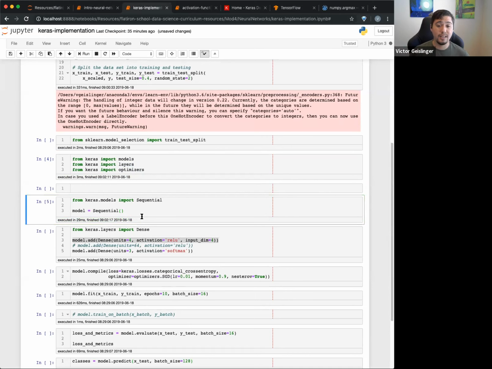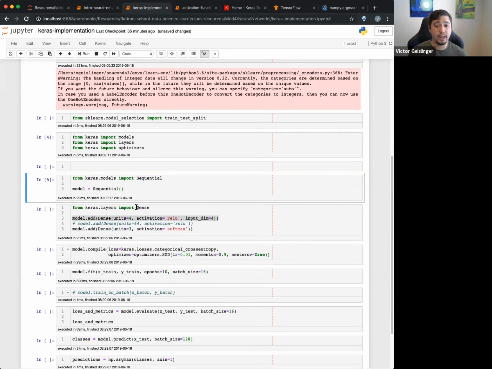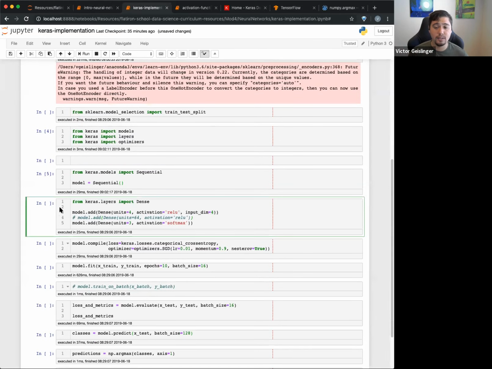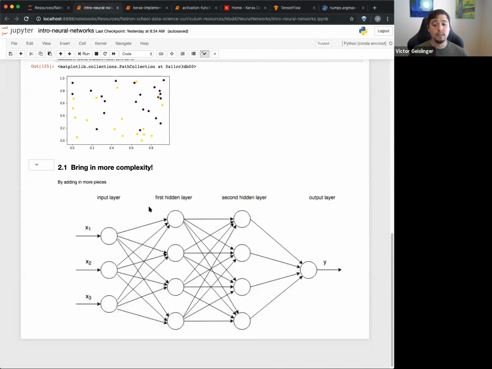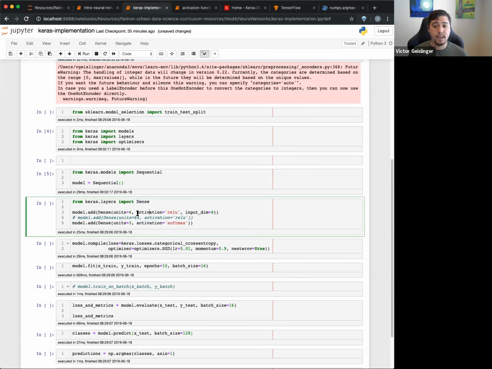Okay, so you can see so far there's not too much code that I had to deal with. Here I'm importing layers. I could have put this up further, but I think this is more or less from the actual keras.io. I'm importing a dense layer, which is going to be our network that looks like this. This is our layer that we're making. In this case, I'm making an activation of 4 layers right here. I'm going to start off with 4. Our input dim is 4.